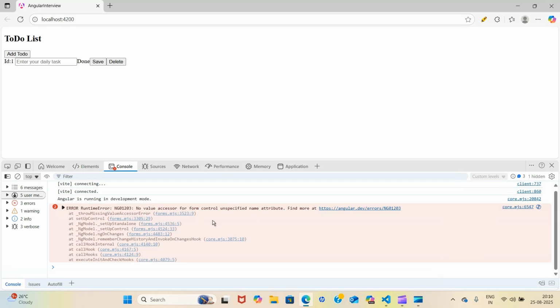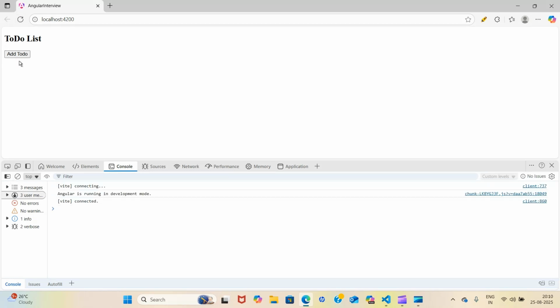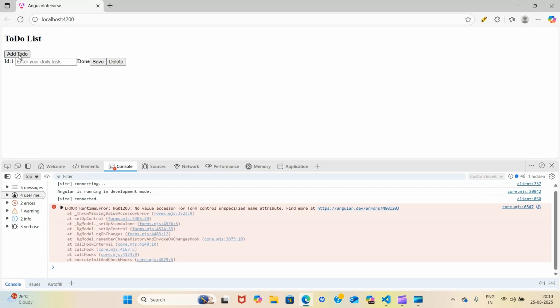But we have an error: no value accessor for form control with unspecified name attribute. Okay, so let's debug this. When we click on this button, this is coming. I wanted to show you this earlier in my video, but at that moment it was not coming.